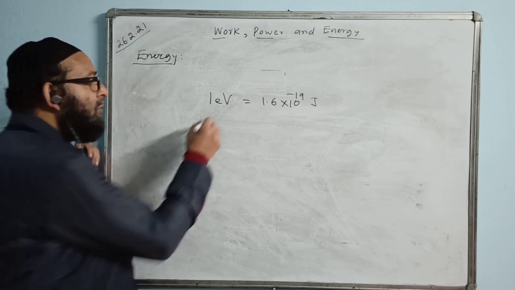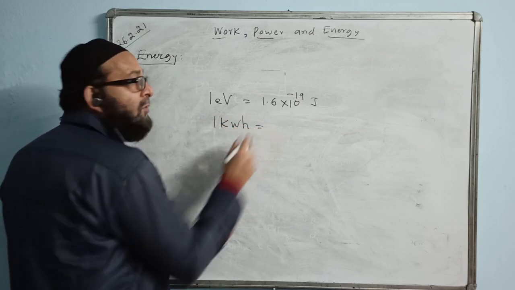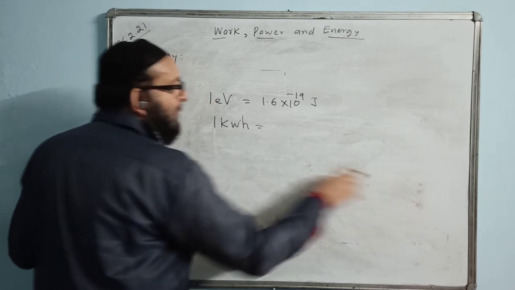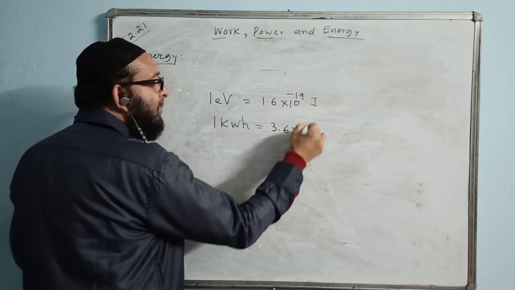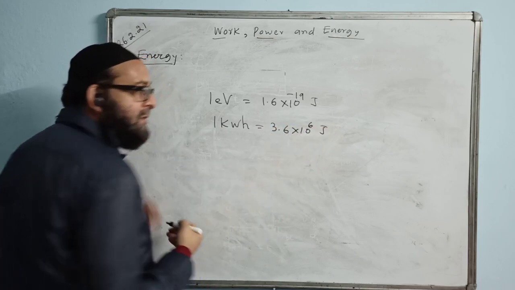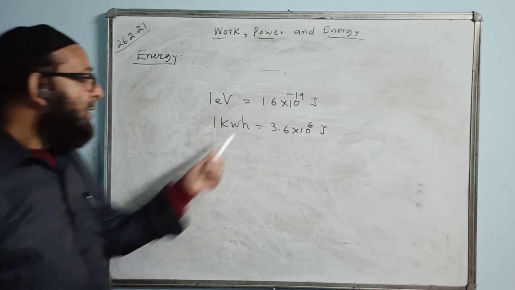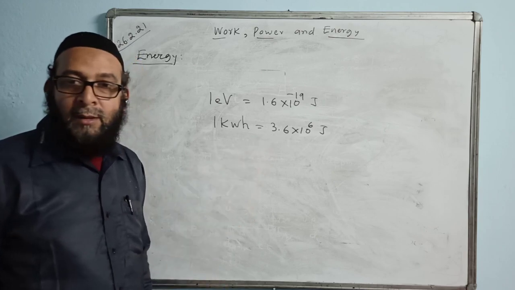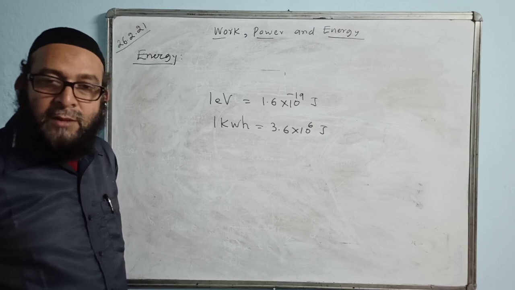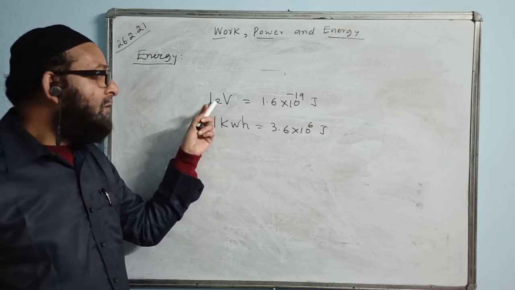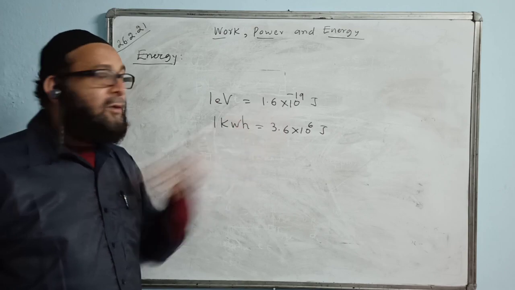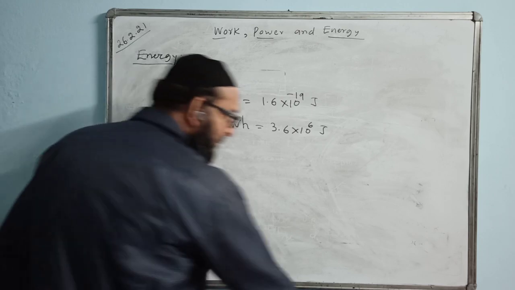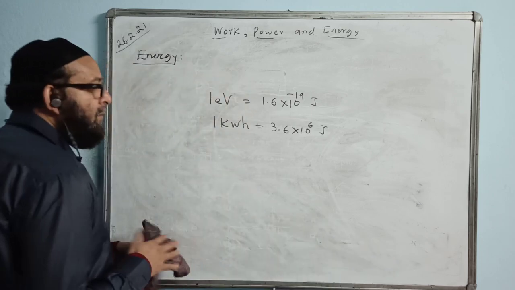Kilowatt hour value I have written already before, if you remember. 1 kilowatt hour makes how much joule? It is 3.6 into 10 to the power of 6 joule. The power also comes 6. The logic behind it is that hours are changed into seconds: 60 times 60 is 3600, so the number 3.6 comes here. That is 3.6 into 10 to the power of 6 joules. And don't forget, here eV means electron volt. It has to do with the electron, so you have to take the electron charge, 1.6 into 10 to the power of minus 19 joule. Okay.